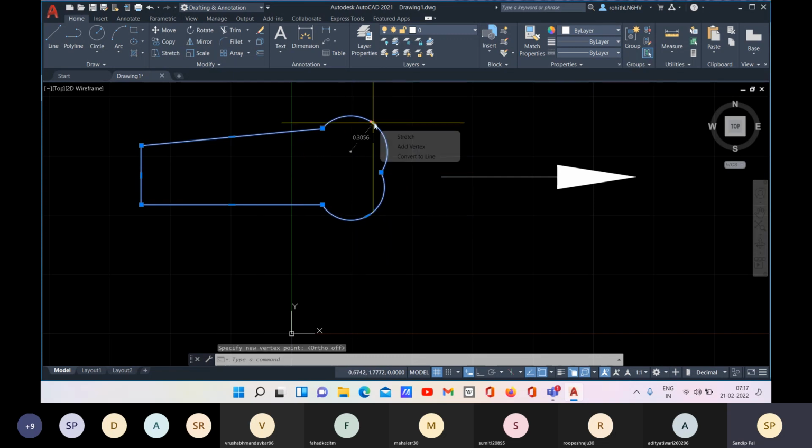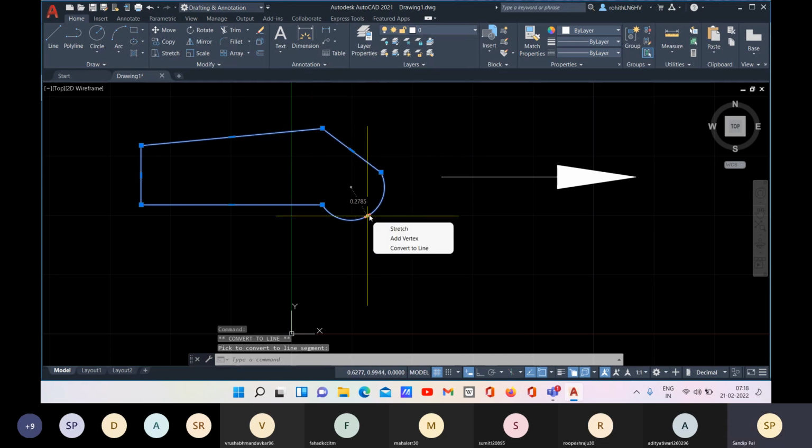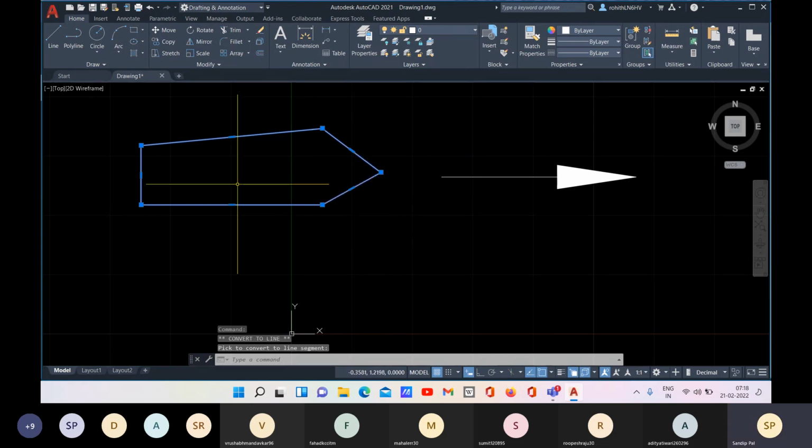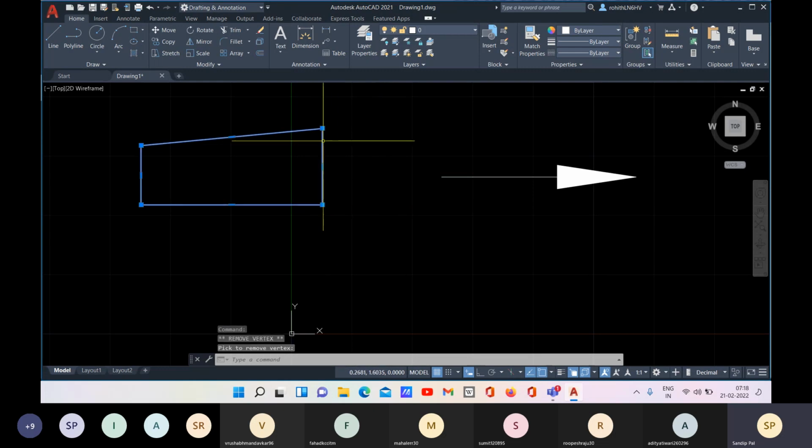For this one, if you just place your cross here, you can convert it into a line. And for this also, you can convert it into a line. And you have a similar option if you want to remove a vertex, so you can go for Remove Vertex. All right, so you have these options with the polyline.